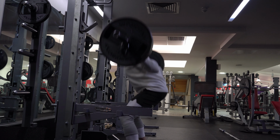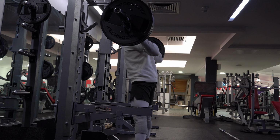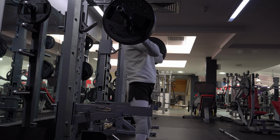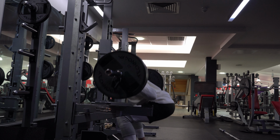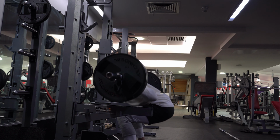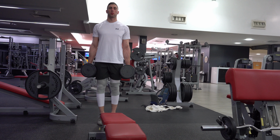I feel like I am keeping it high, but for some reason it looks like I'm not keeping it that high. That's one thing I'm going to focus on, and it's definitely not the weight, because you saw without the weight even, it has to be a flexibility issue or something. I need to get this sorted, or some sort of mobility, some sort of mechanics. I need to figure it out either way, but that's a new goal definitely, but I was quite happy with